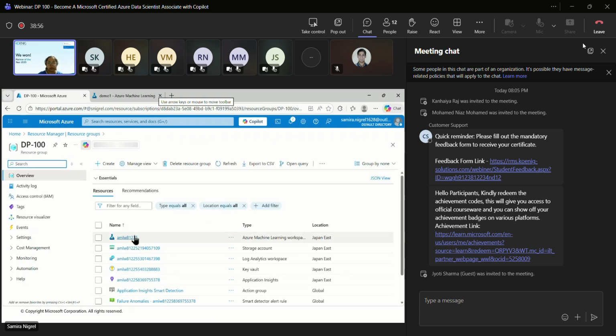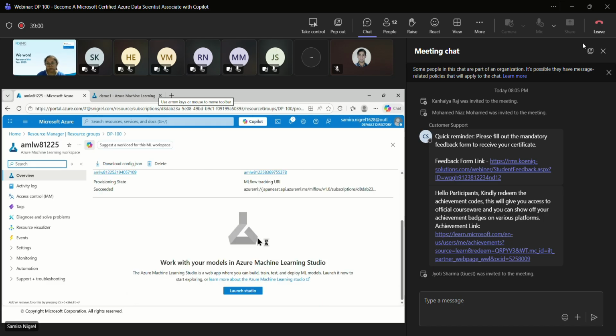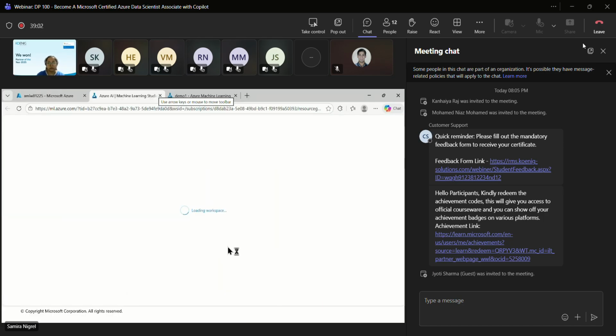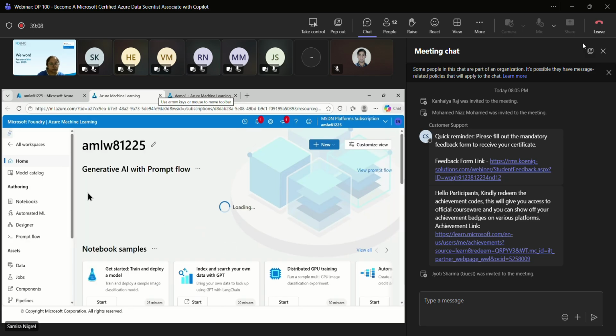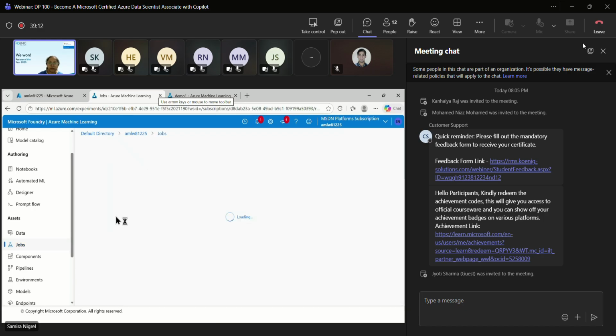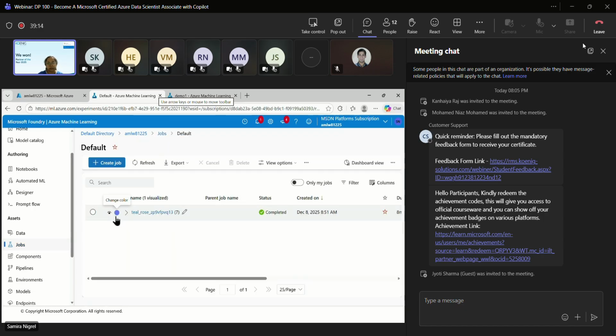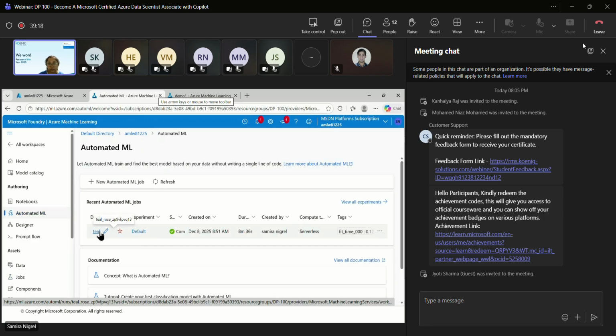Now let's look at another one which has already been created. If I jump to this, here I have created an experiment, the same experiment.